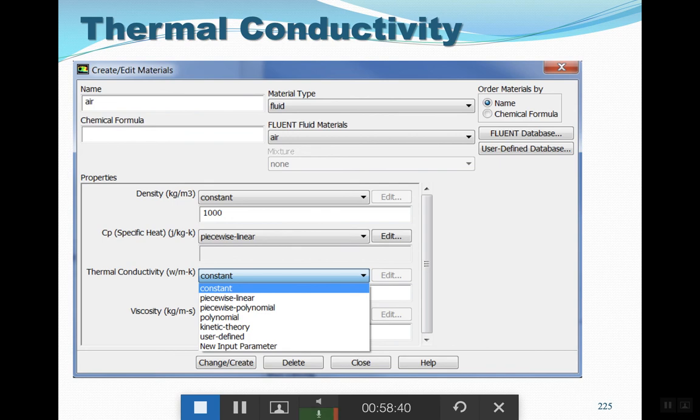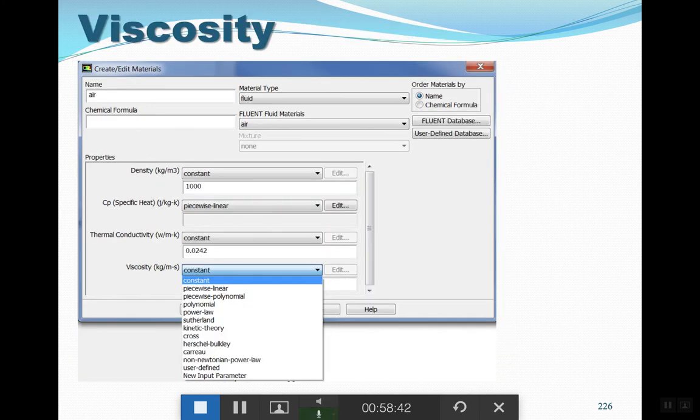Okay, moving on to our last slide. Last but not the least, and actually one of the more important ones, is viscosity. We have discussed this briefly in our previous sessions. So viscosity, same as any other material property, can be constant or can change with different parameters. But the subject of viscosity is a bit more complex than the subjects of Cp, K, or H, because when viscosity is